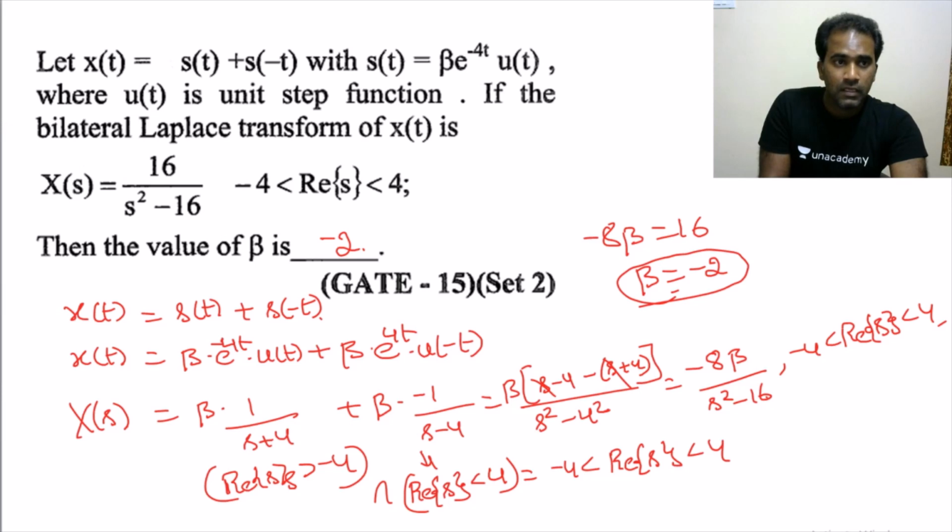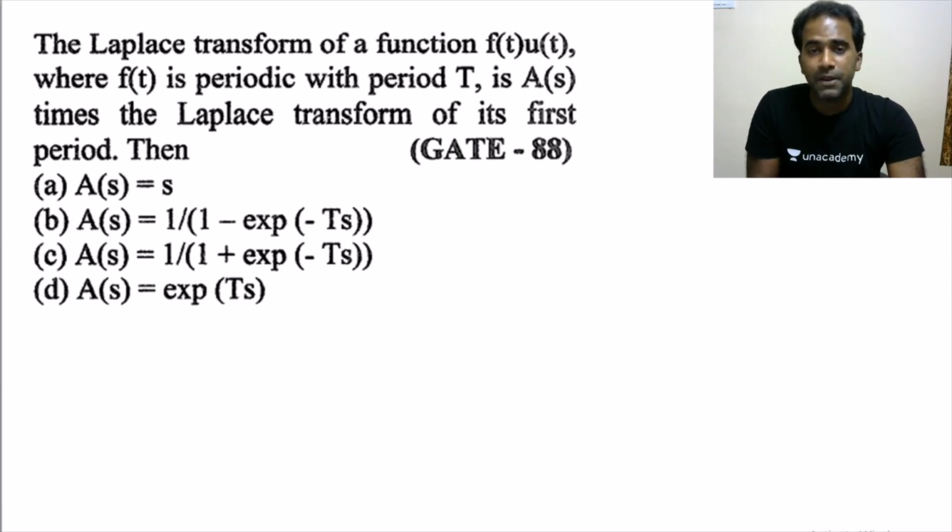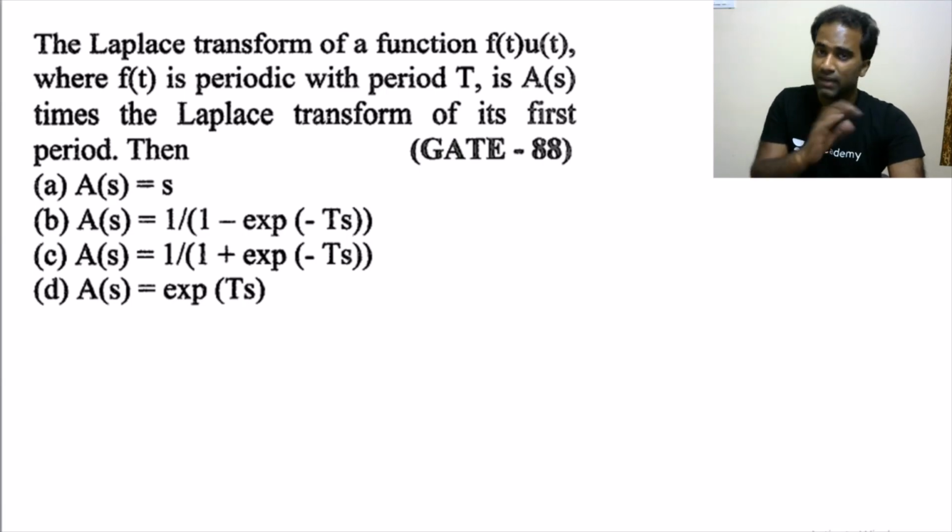Now we'll deal with one more different model of problems on Laplace transform, which is the Laplace transform of a function which is periodic only for positive time. Basically, if you're talking about periodic signals, they should be periodic from minus infinity to plus infinity. But for a signal which is periodic from minus infinity to plus infinity, the Laplace transform does not exist, because, as I told you, in the previous slides we have discussed,